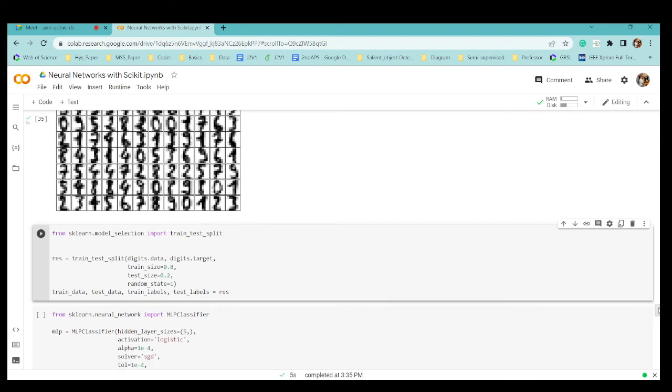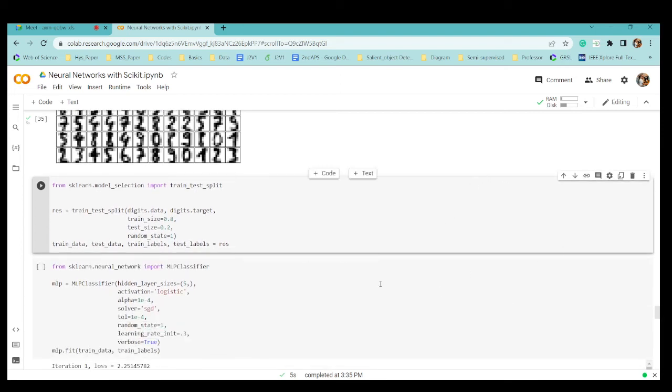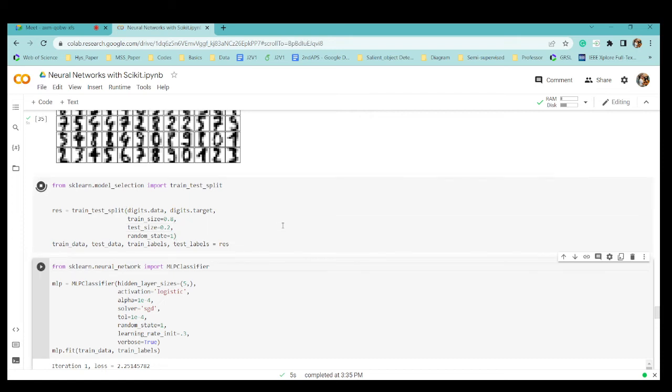Now I want to train my model, so I split it. Again the same thing, calling MLP classifiers. For the hidden layer, I have given 5. It's just one hidden layer. There's something called an activation function. An activation function is needed when there is non-linearity in the data. Linear means two data sets that can be separated with a single linear line.